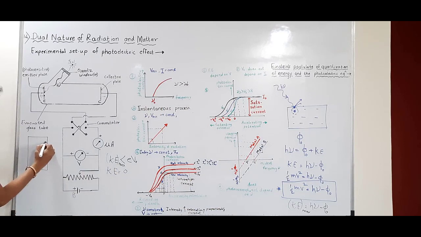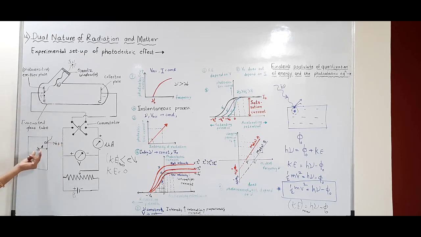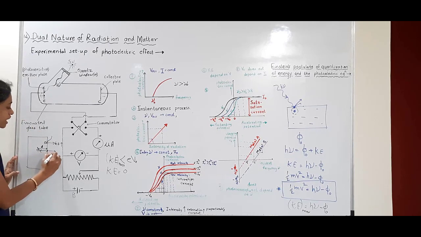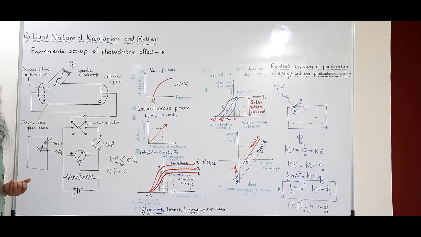and suppose this is an electron near the metal surface and this is an electron at depth d from the metal surface. The electron near the surface absorbs the energy of the photon and is emitted from the metal surface with more kinetic energy. But the electron which is inside the metal needs more energy to overcome this depth, and therefore its kinetic energy is less. It means kinetic energy depends on the depth of the electron.